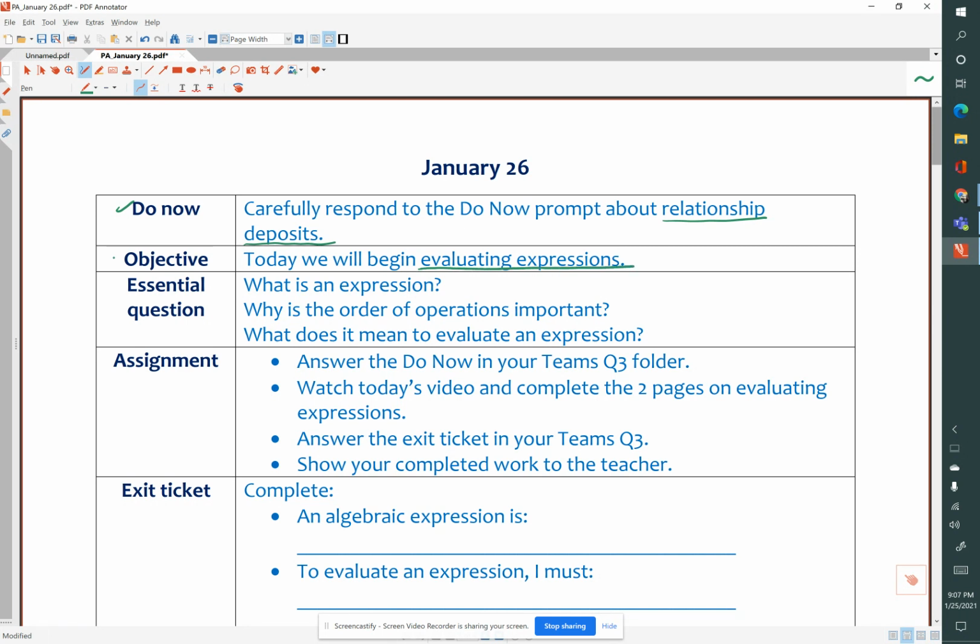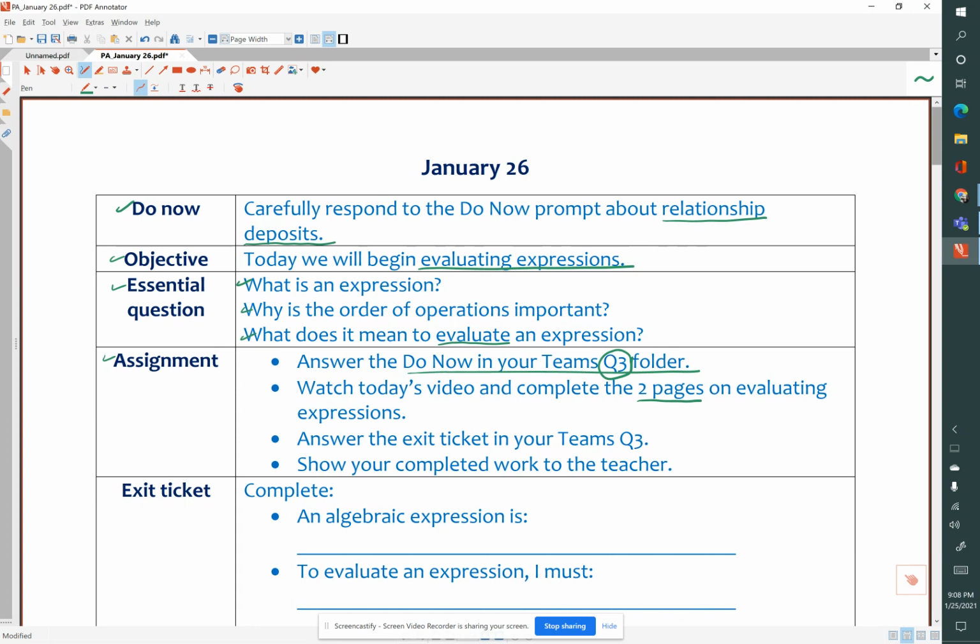And our essential questions are: what is an expression? Why is the order of operations important? And what does it mean to evaluate an expression? Our assignment is to answer the do now, and everything this marking period will be in your Q3 folder. So we're beginning our work for the third marking period. As we watch the video, we will complete the 2 pages on evaluating expressions, and we'll answer the exit ticket,